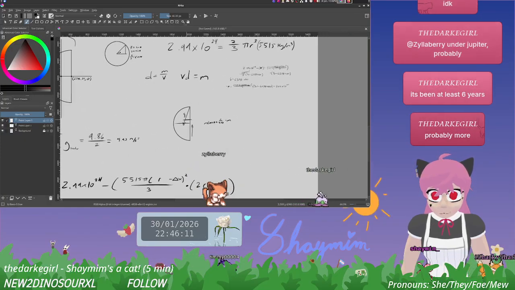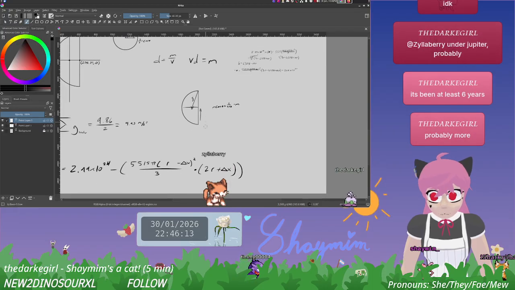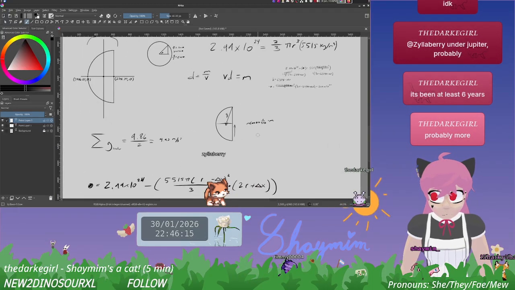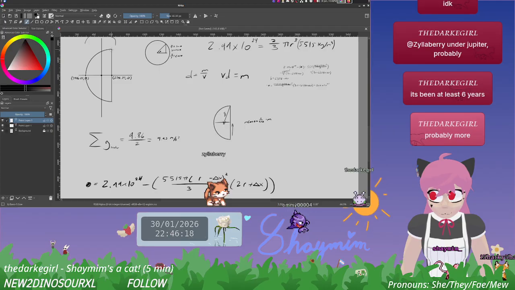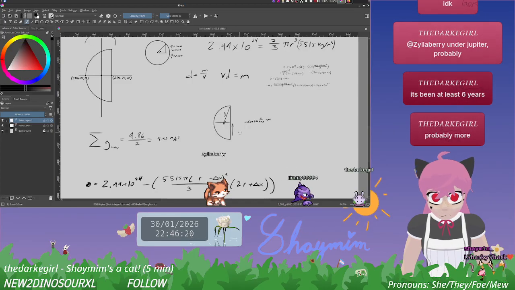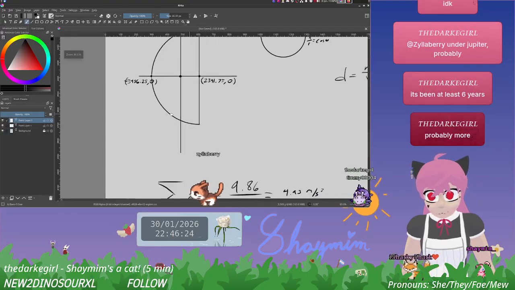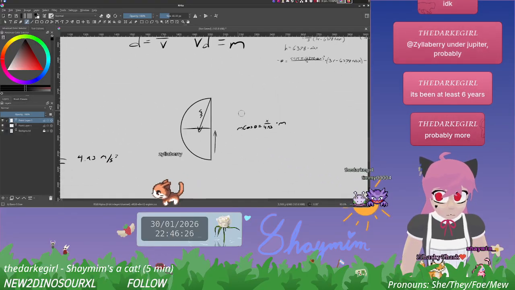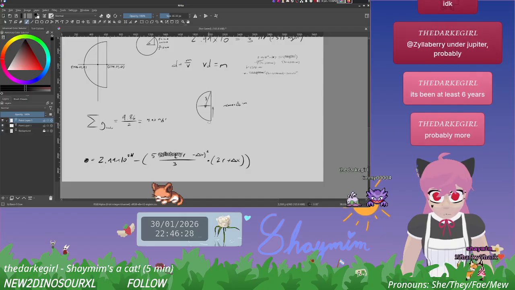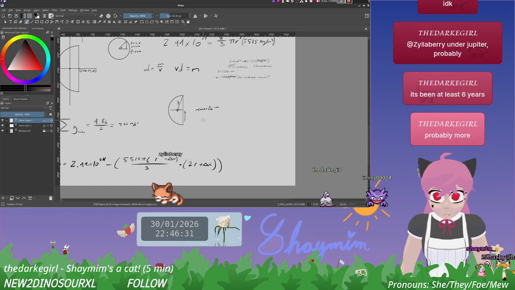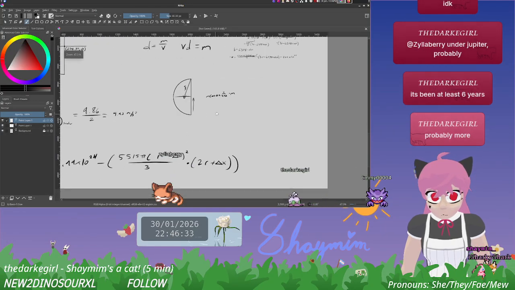No, delta x was the thickness of the slice. We can't get those confused. But x is going to be the horizontal position. Alright? And that's a negative 3,986.25. Okay. So, then,